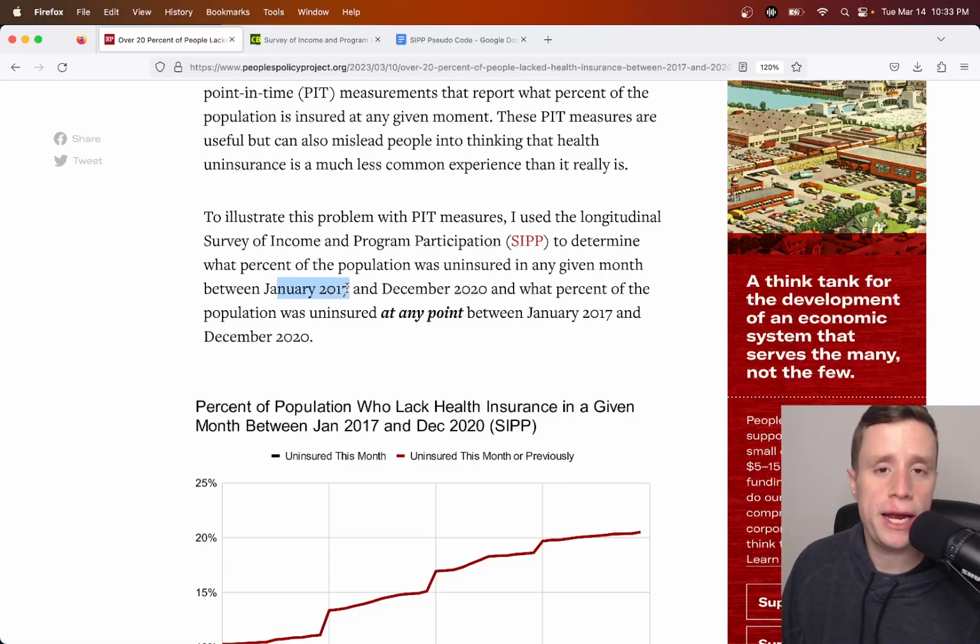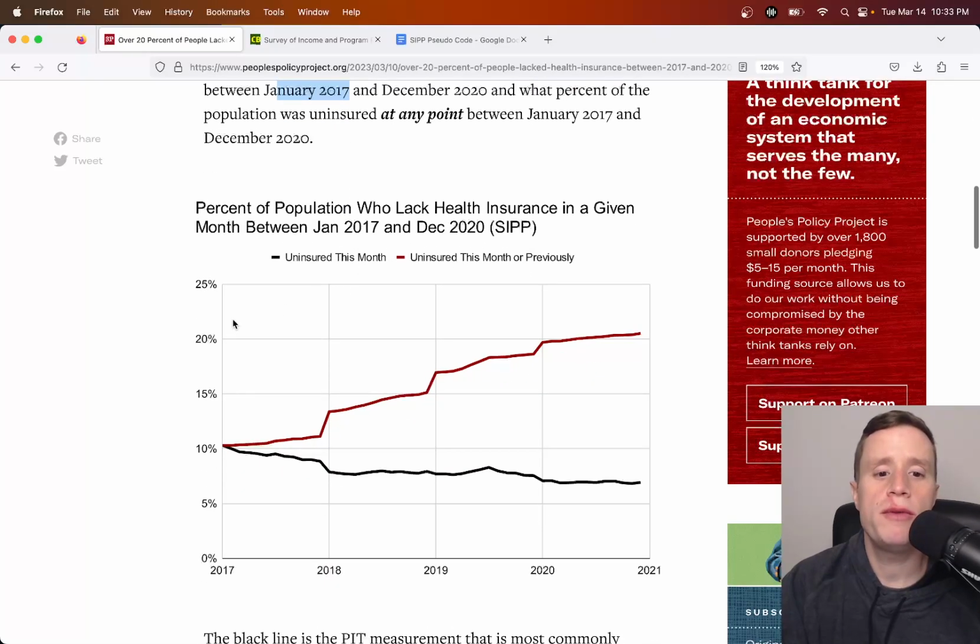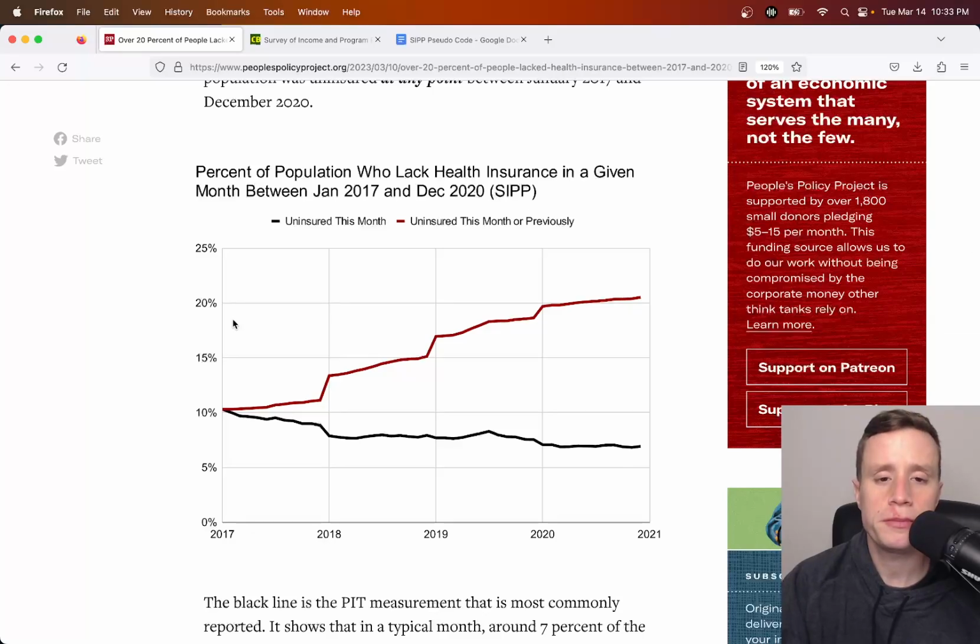You get that all laid out for you. And with that data, what you can do is what we see here in this graph, okay? So the black line is the point in time measure. So on any of these 48 months, if you were just to say, hey, are you insured, yes or no? And then you were to get the percentage, you would find that it kind of dips a little bit here, but then it stabilizes around 7-8% of the population at any given moment, according to this survey, do not